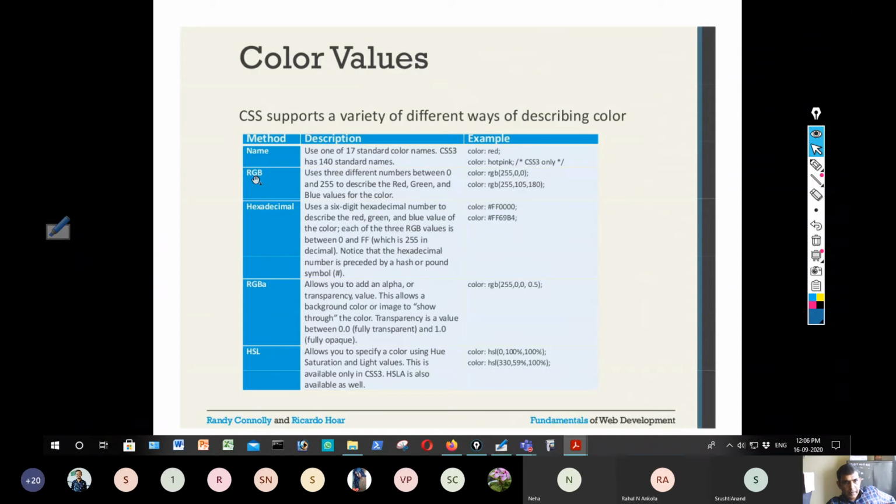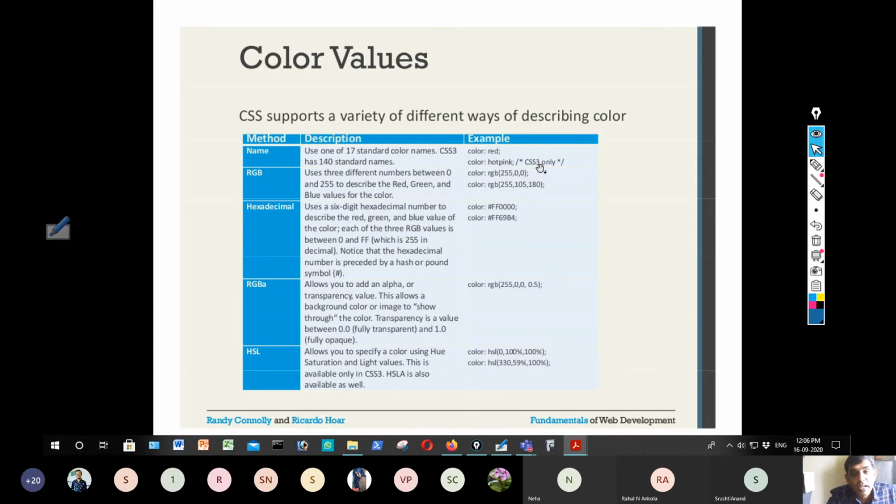It can be a name, it can be RGB, hexadecimal, RGBA, or HSL. Name means I can give a name like color colon red, color colon hot pink. So these are two examples: color red, color hot pink, color blue. Hot pink is also a reserved word defined in CSS3.